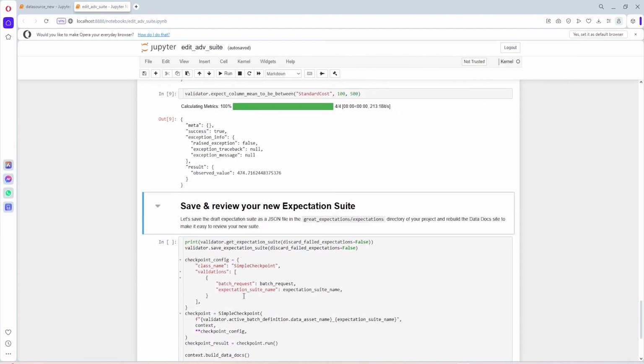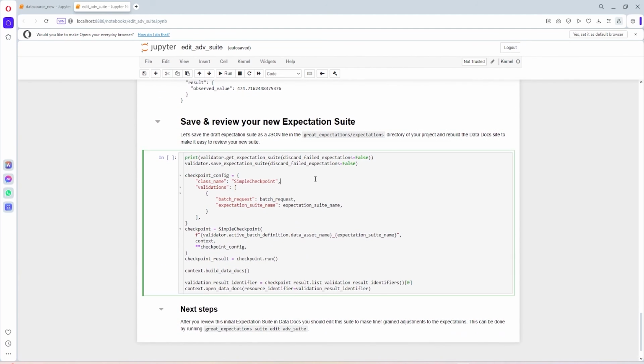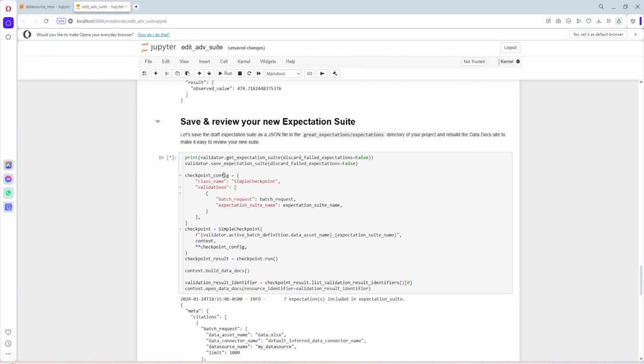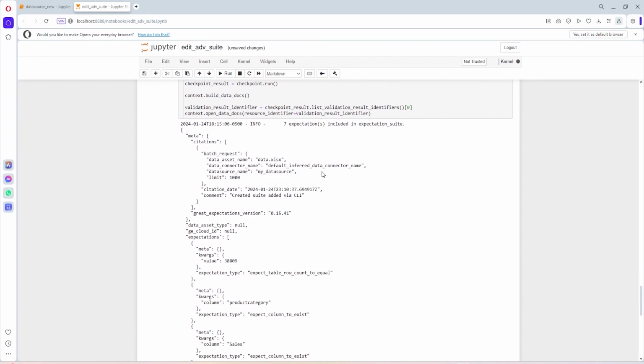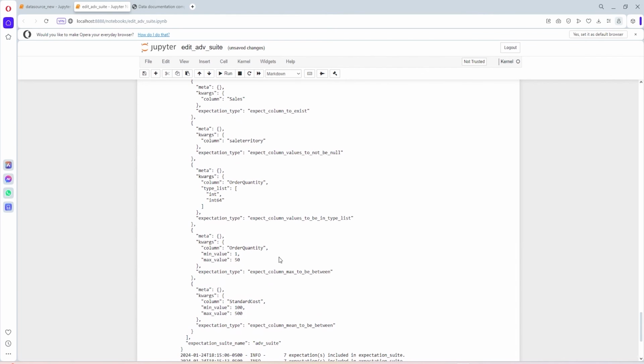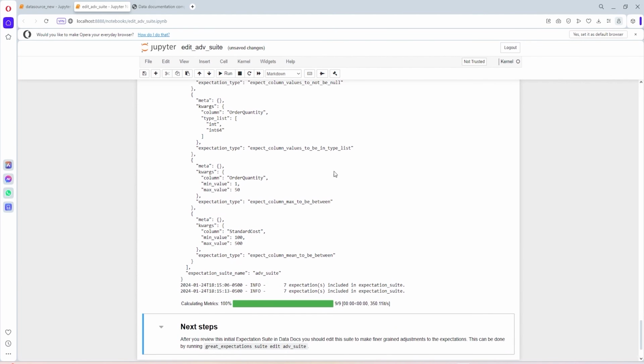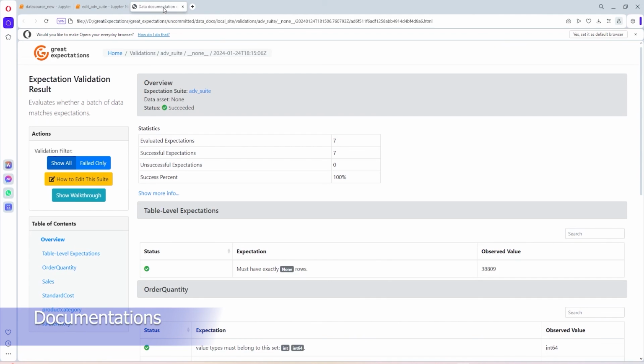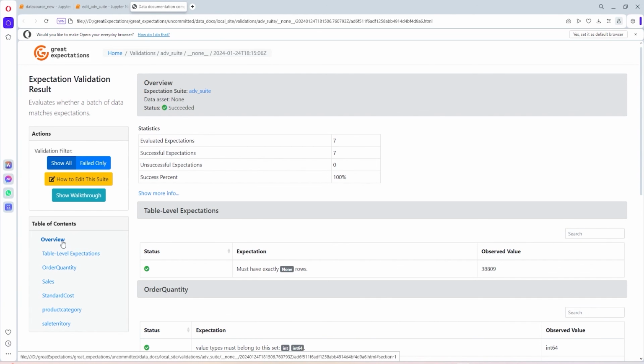Now we save and review our expectation suite. This will save and apply our expectations on the dataset. We can see the data quality test function we applied in the configuration. All the data quality tests we applied are listed here. Upon completion, this opens up a documentation page where we can see the results of the data quality test we